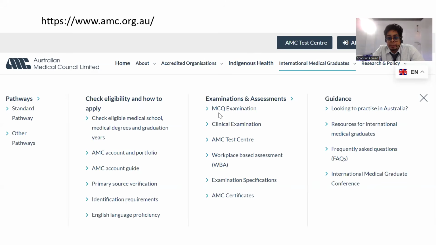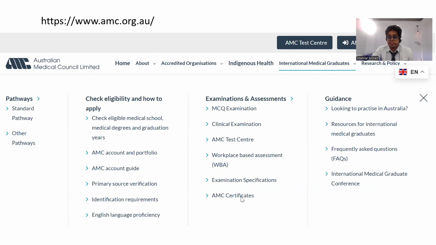Okay. So for AMC Part 1, check all the exam-related information, clinical-related information, and the exam center. You should check whichever is your closest country. Like from Bangladesh, India is a closer country, and Thailand is also a closer country. So it depends on your country. Check the AMC test centers. All right, so this is very, very important.